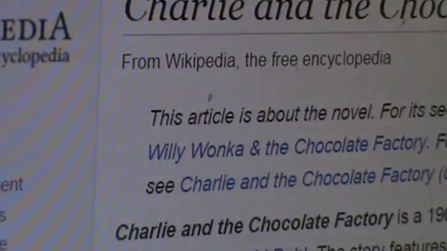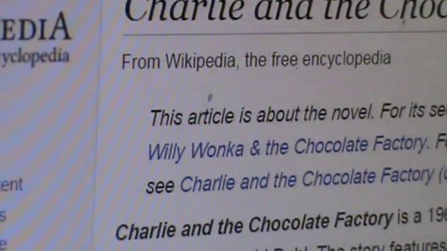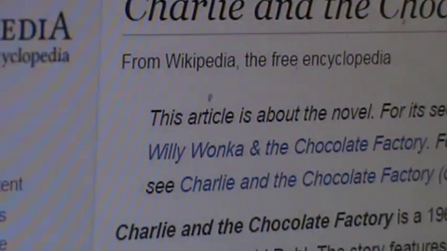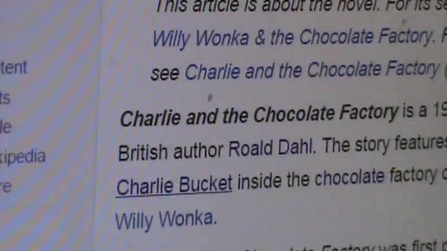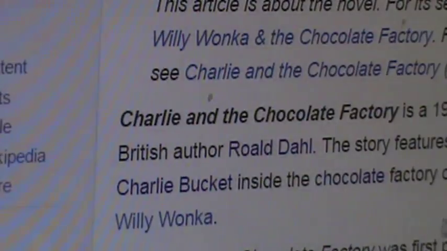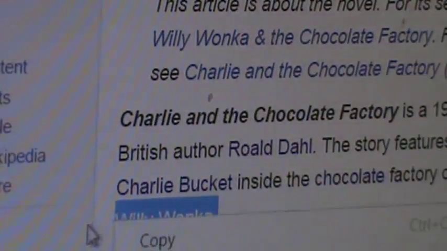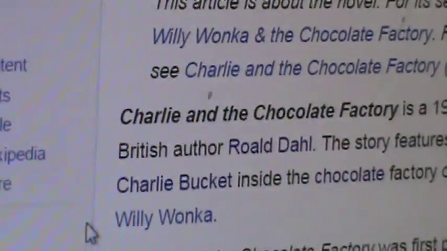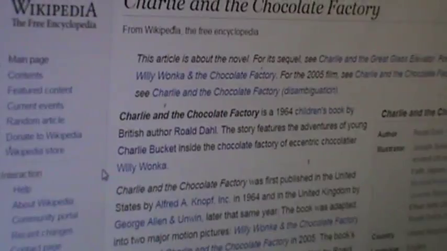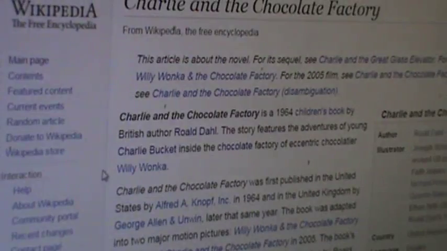Charlie and the Chocolate Factory. Charlie Bucket. And who's the chocolatier? Who's the kingpin, if you will? Chocolatier is +1 for Father, but it's Willy Wonka. God is sovereign, and Willy Wonka is +1 for Father.